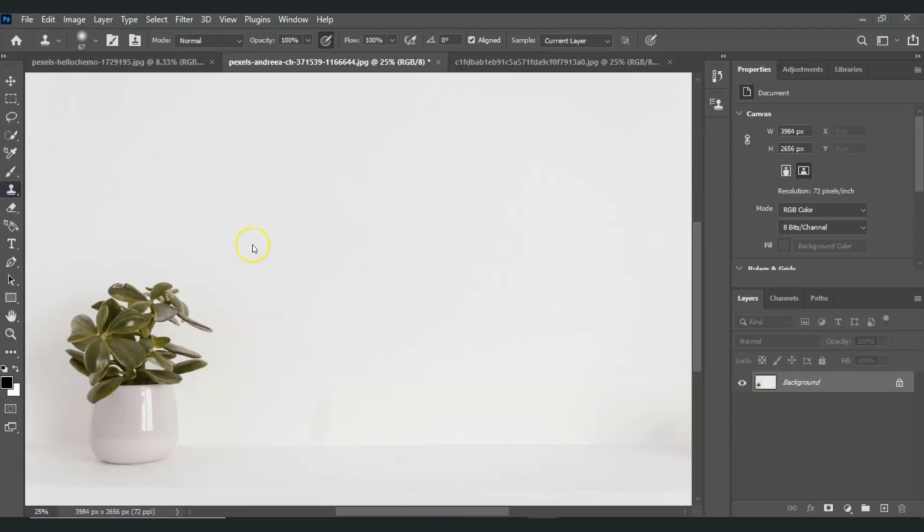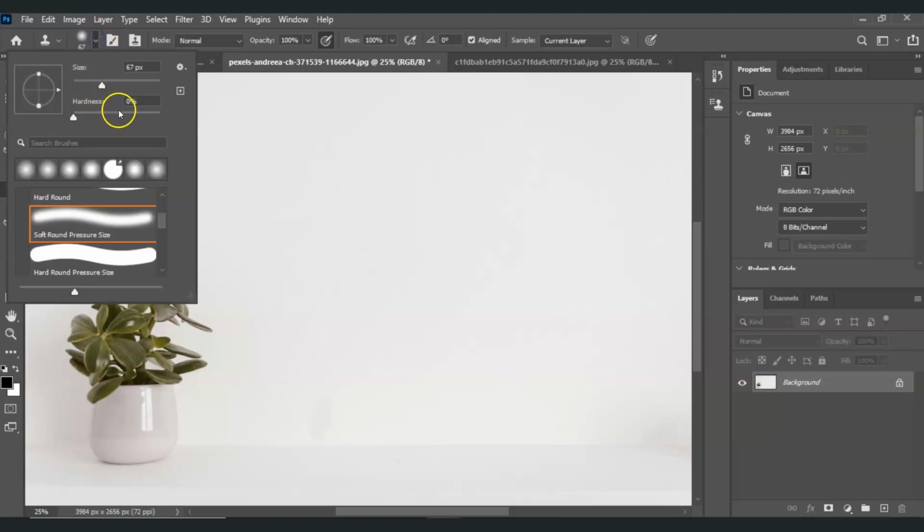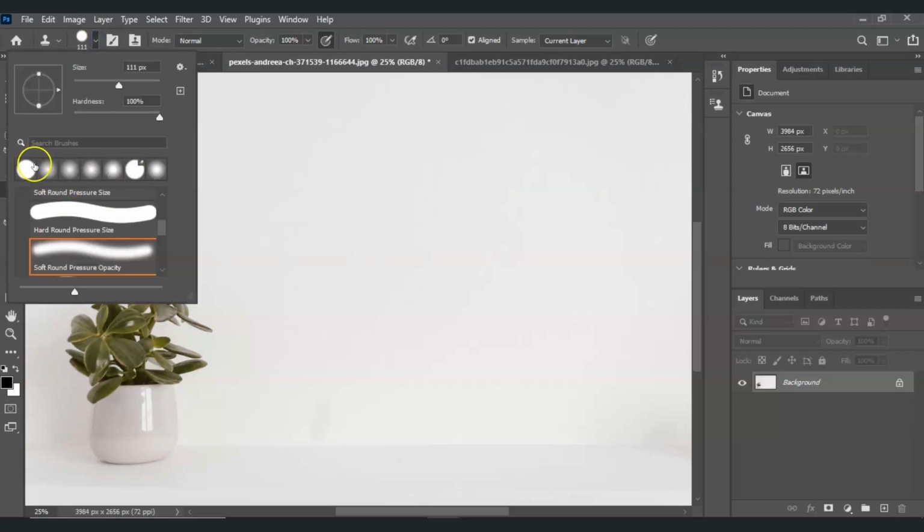For adjusting the brush size and the hardness, you can just go up here and select this arrow key. Once you click it, you can adjust the size on how big or small you want your brush to be. The next one down from the size is the hardness. So of course, it shows the hardness and softness of the brush you want to use. And below those sliders,